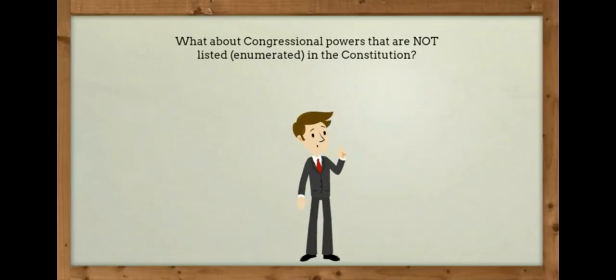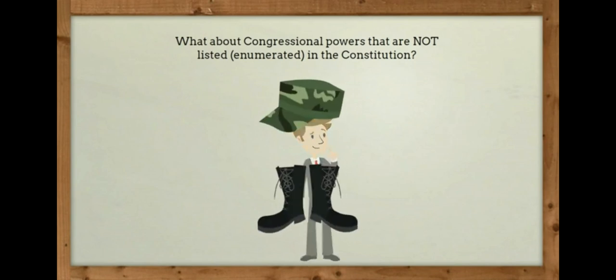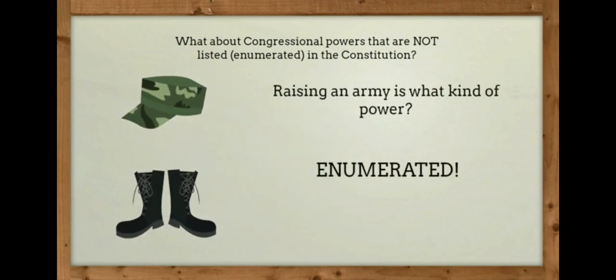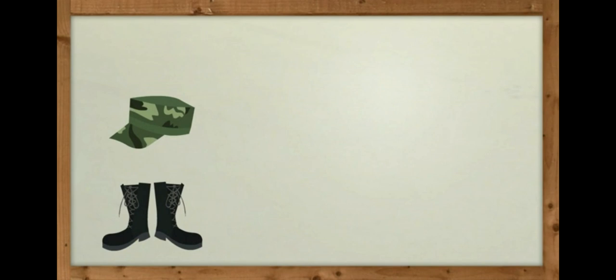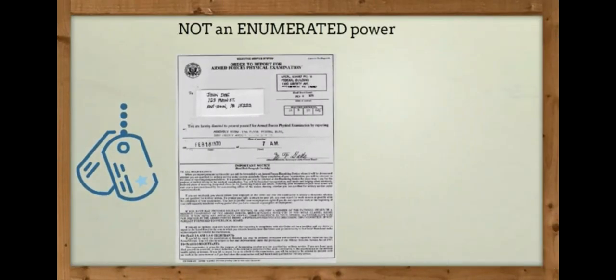But aren't there times when Congress might use powers that are not specifically listed or enumerated in the U.S. Constitution? Oh, definitely. For example, one of Congress's enumerated powers is to raise and support armies. To help with this during times of war, Congress has sometimes passed a law that requires people to join the military, called a draft. The creation of a draft is not an enumerated power of Congress, but it does fall